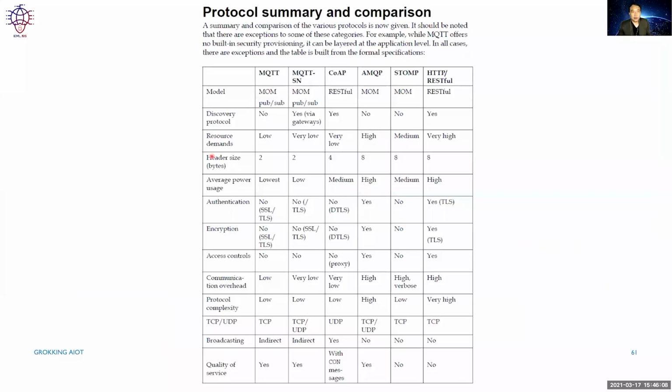So first of all, I want to just talk about the summary again of the different internet protocols. As mentioned in the last video, there are different wireless networks actually available. Therefore, we do actually find different protocols being defined to work over these different environments. So we have MQTT, MQTT-SN, which I have mentioned for the new version of MQTT version 5. This actually merged into the same standard, but the common implementation still have both of these as separate standards. Then we have CoAP, and then we have AMQP. Then we have another one called STOMP, and lastly we have